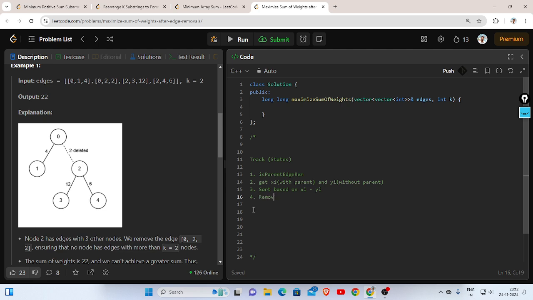Remove the top degree minus k values, or not the top, the bottom degree minus k values, or let me write it like the smallest degree minus k values